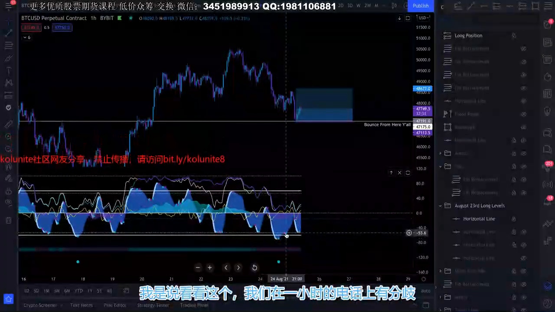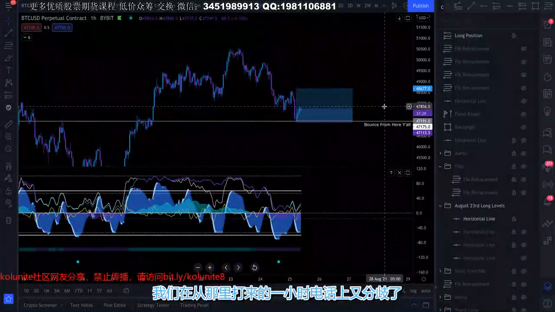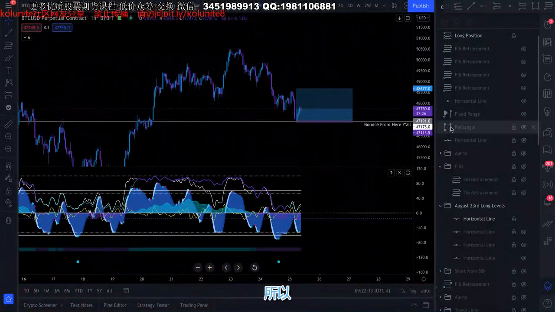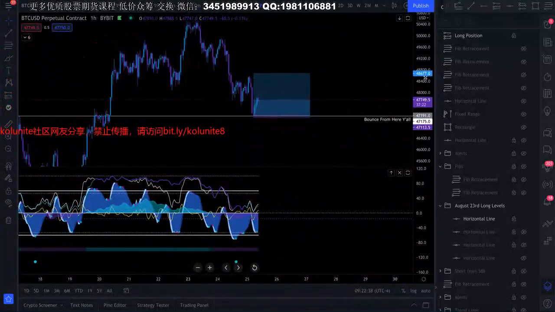I mean, look at this. We had the divergence on the 1 hour. Boom. We have the divergence again on the 1 hour. Boom. We come up from there. So, yes, bottom line, guys,